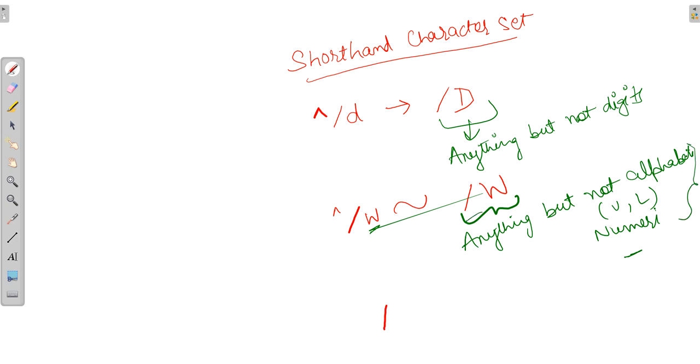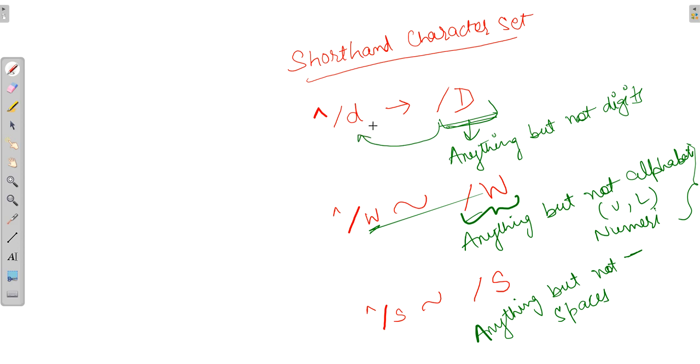Then we have discussed space. If we keep negate to it, it is equivalent to \S, which means anything but not spaces. So \D is opposite of \d, that is negate of this.